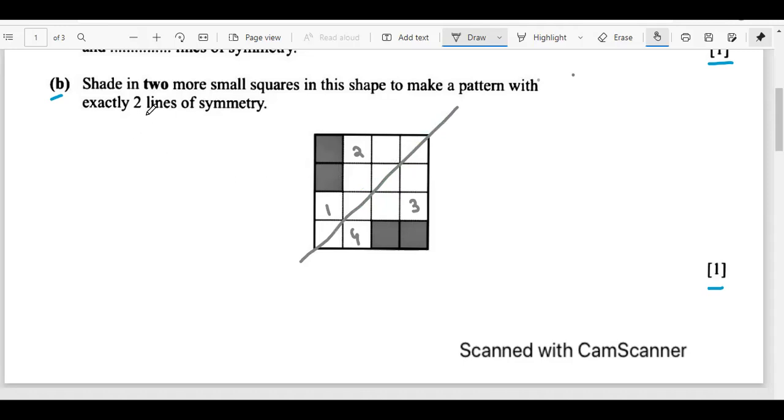But the question is that you need to shade 2 more boxes such that you have 2 lines of symmetry. Okay. So this is just one line of symmetry. We are looking for another line of symmetry. So what boxes should we shade such that this line stays as a line of symmetry and we can make another one as well? Yes, you are right, Palula. We do have one line of symmetry, but we need 2 lines of symmetry. You can color in box number 3 and box number 2. Very good. So if I shade 2 and 3,